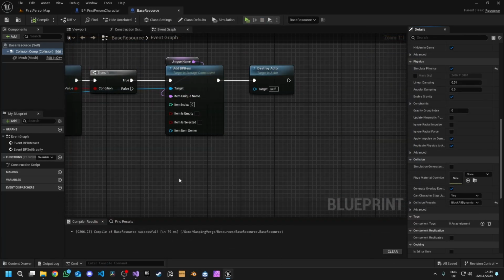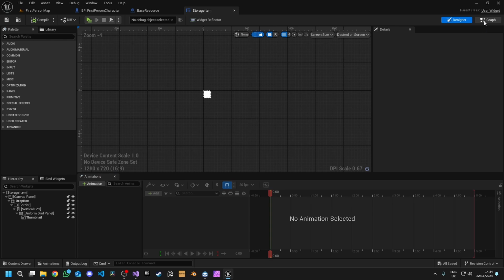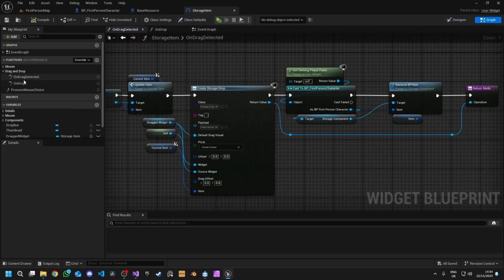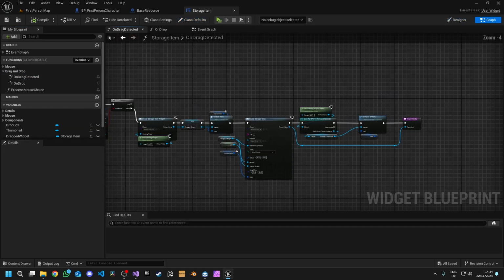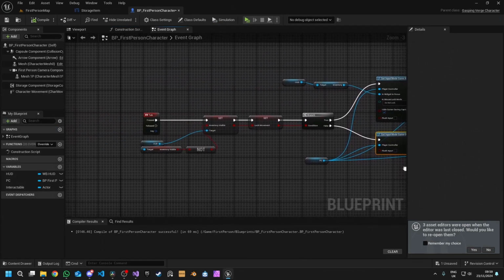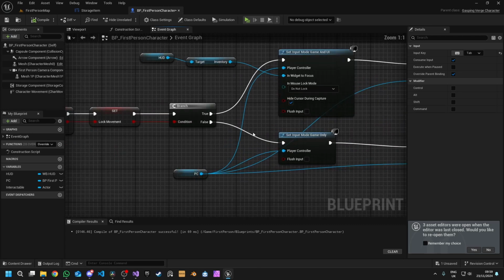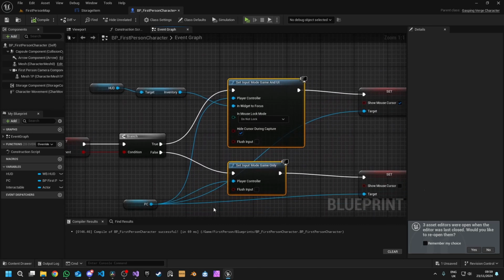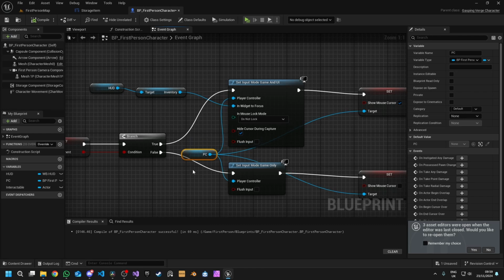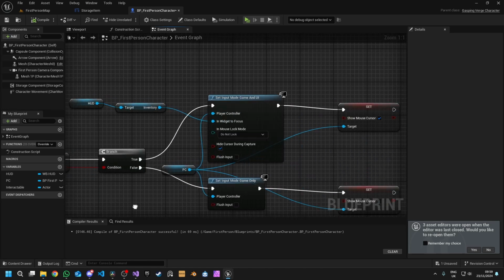Right, so the drag and drop, that is a UI thing. So let's have a look at our UI. This will be on our storage item, and on drag detected. Right, so what have we got here? Okay, so I had a bit of a play with trying to figure out why the drag and drop wasn't working, and it's because I took out these. It kind of looks like they're actually needed, so what I've done is set this when it's visible to game